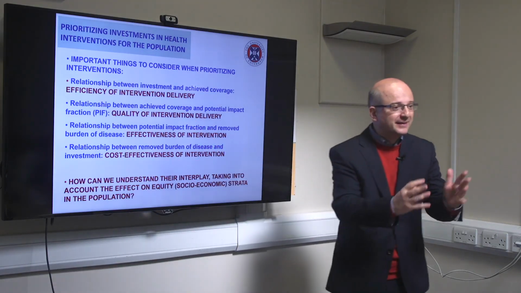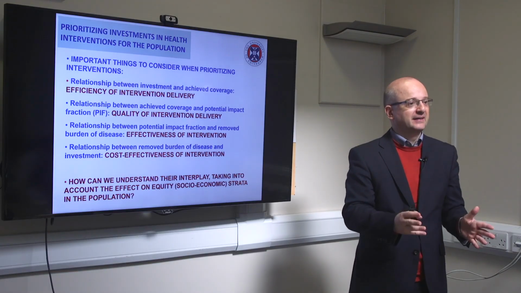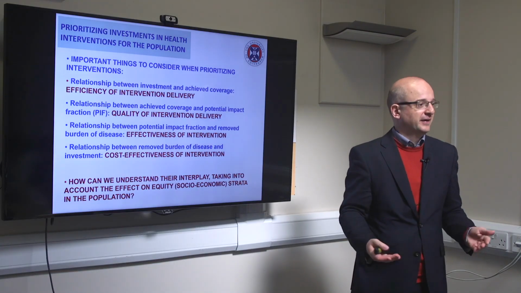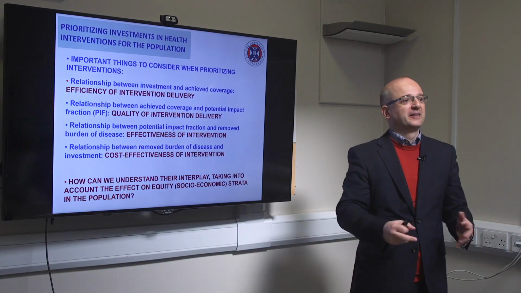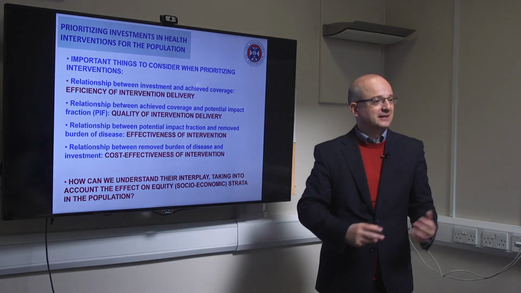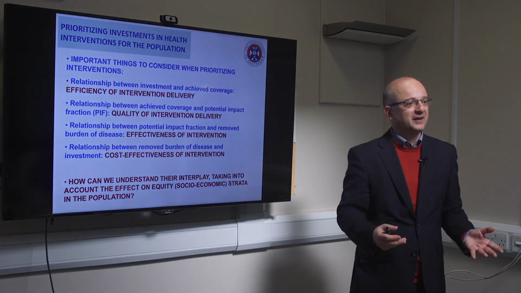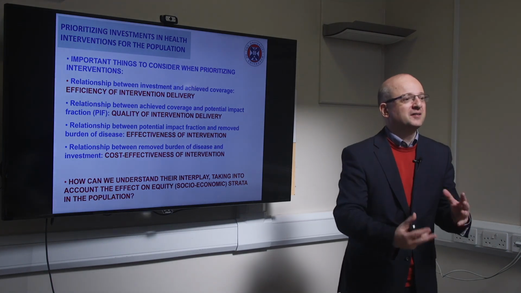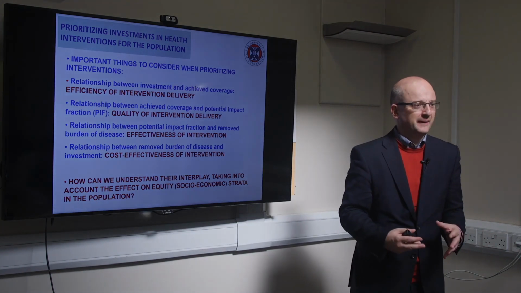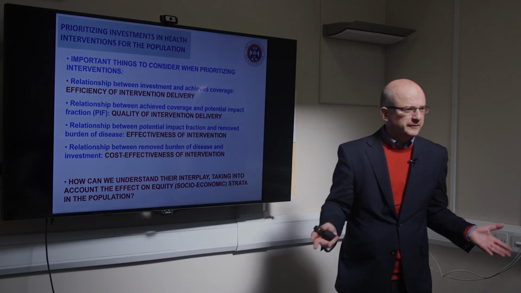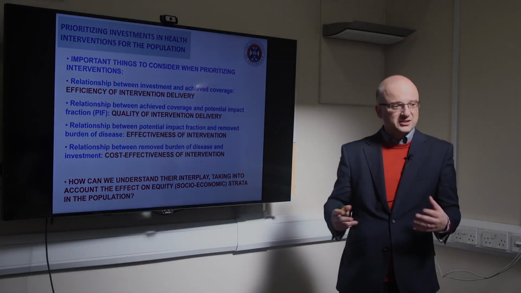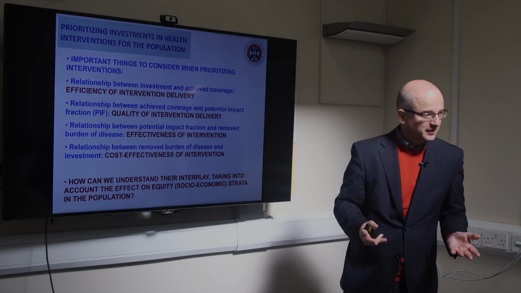but the burden that you're going to be affecting there is going to be lower, right? So it's great that you're being effective and that you're achieving fantastic quality of delivery, but you're achieving it on a very small part of your national burden. Whereas if you really want to get rid of the burden which is troubling you in your country, then you